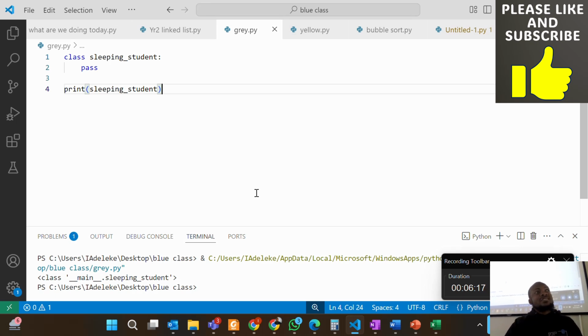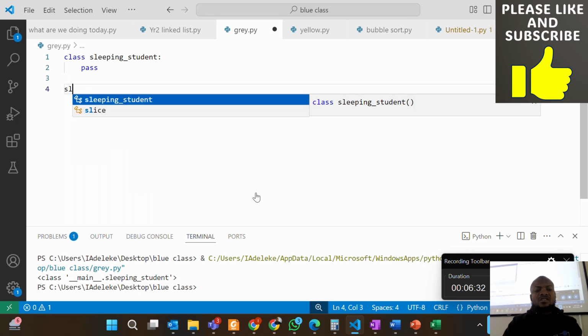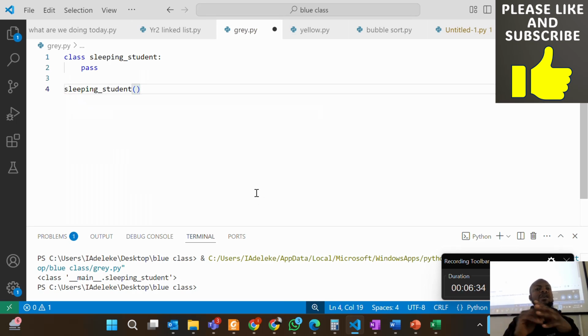But this is not an instance of a class. We have not instantiated the class. When you have an instance of a class, it becomes what? An object, isn't it? So let's have an instance of this class. I write SleepingStudents with brackets. This is an object, which is an instance of the class SleepingStudents. Since you have that round bracket, it becomes an object. So if I print this,